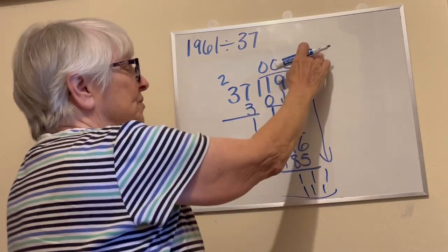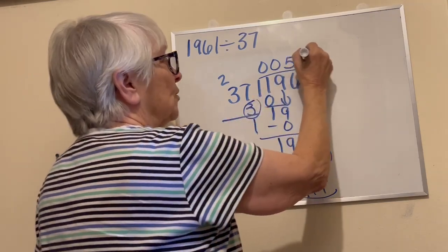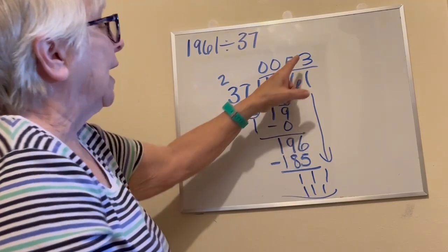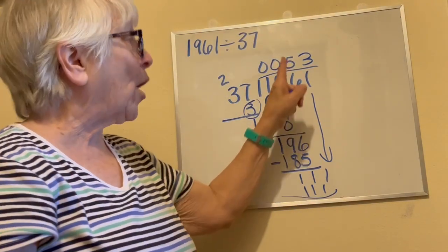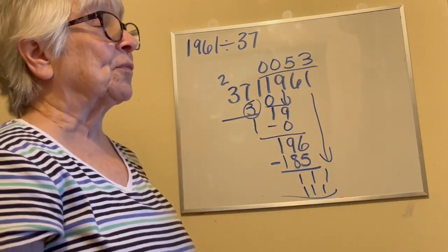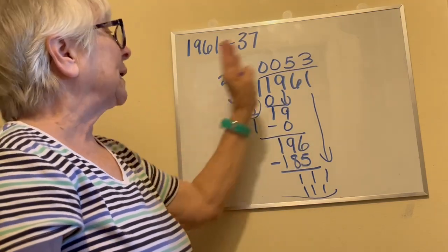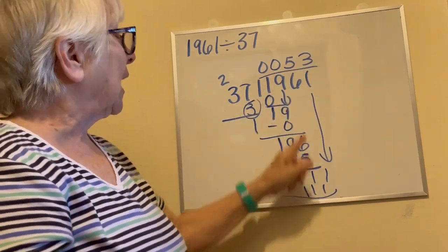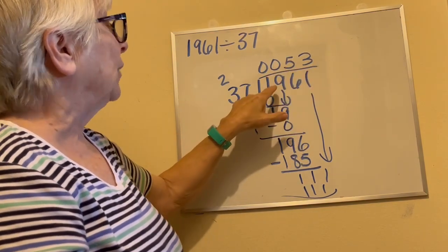So what number goes up here? 3. My 3 goes up there. I brought a number down. I have to put a number up. You have to keep track of that. As you can see, sometimes I forgot to put the number up. I'd multiplied over here, but I forgot to write it. You have to be careful that every time you bring a number down, you put a number on top. So 37 times 53 is indeed